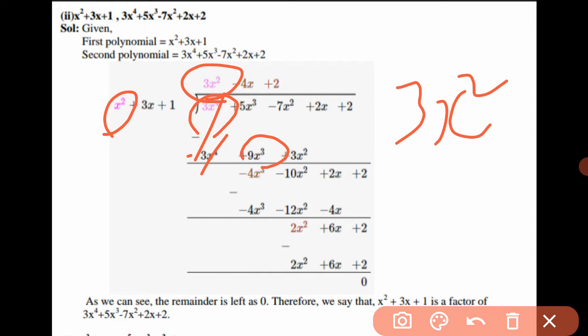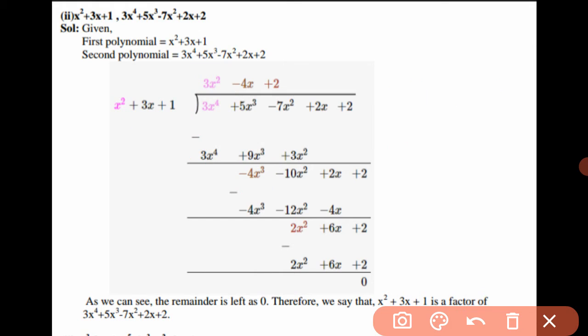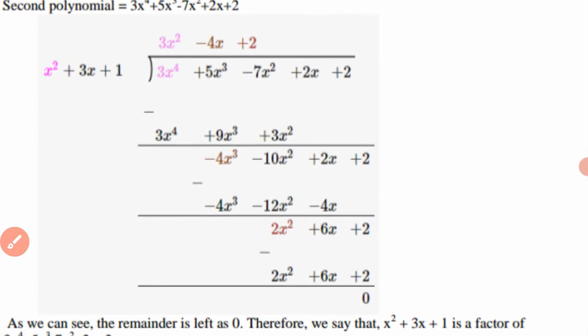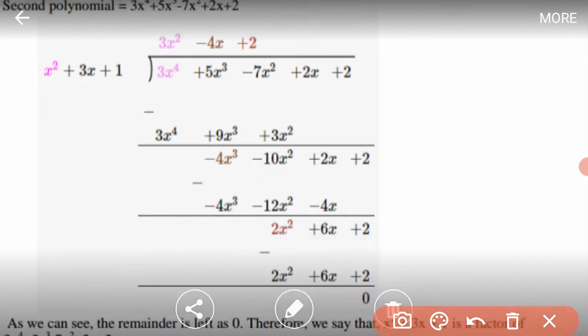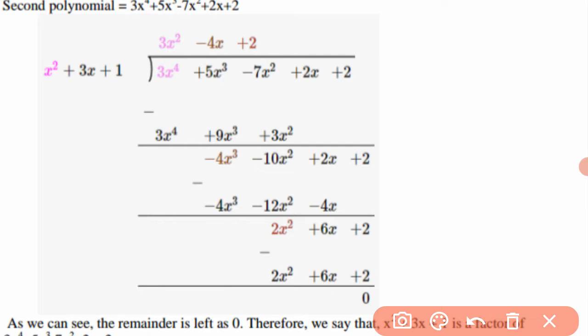Now by putting a minus sign it will be minus 4x. After this minus 4x will be multiplied by 1 also, so it will be minus 4x. Now after solving it will be 2x. Now in the same way it will be minus 4x cube. So again applying the same step, in this minus 4x will be divided by x square, so it will be 2, and by putting 2 it will be cancelled. So in this way they will also cancel.